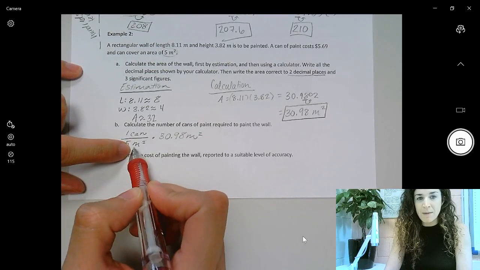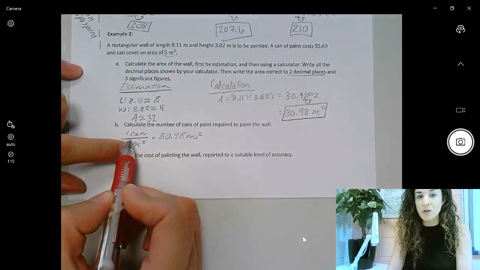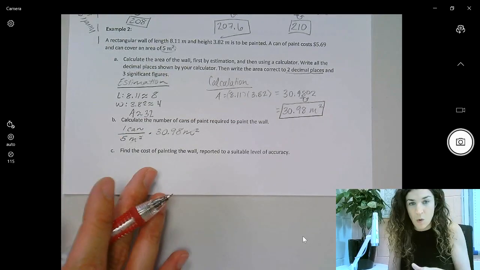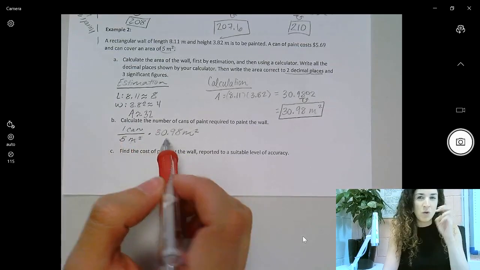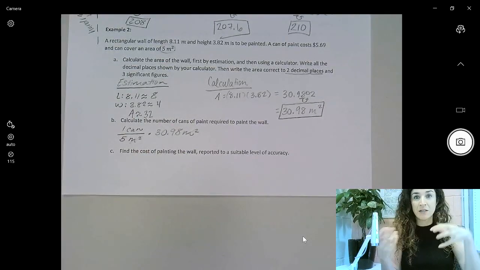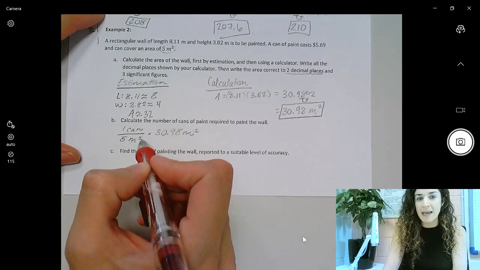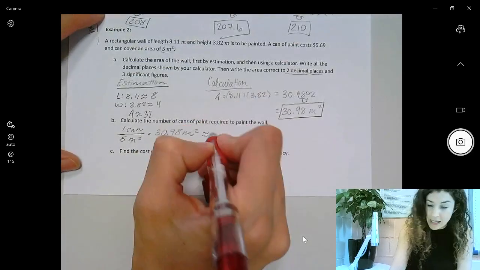Notice that dividing by meters squared is going to cancel out with these meters squared, and the only unit of measurement left is going to be a can, which is exactly what we want. Okay, so 1 can per 5 meters. If you hear the word per, it's a rate, which means it's a fraction of some kind. So what we need to do is take 30.98 and divide it by 5. What we get is